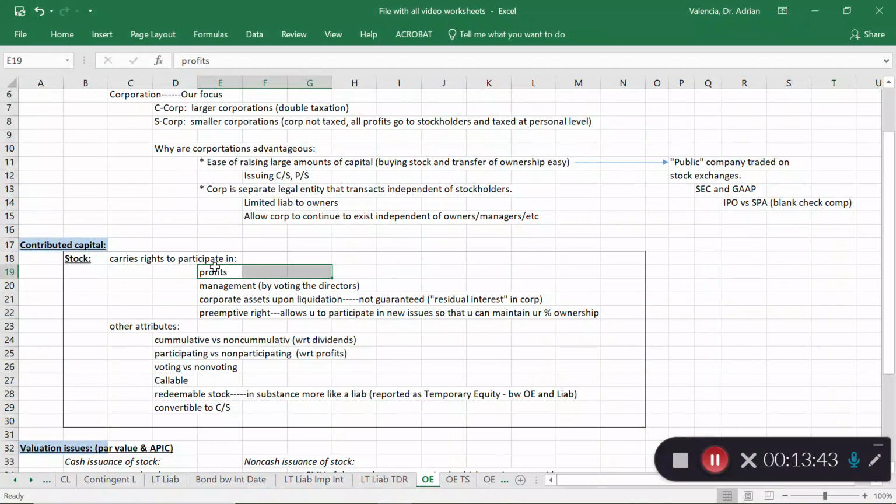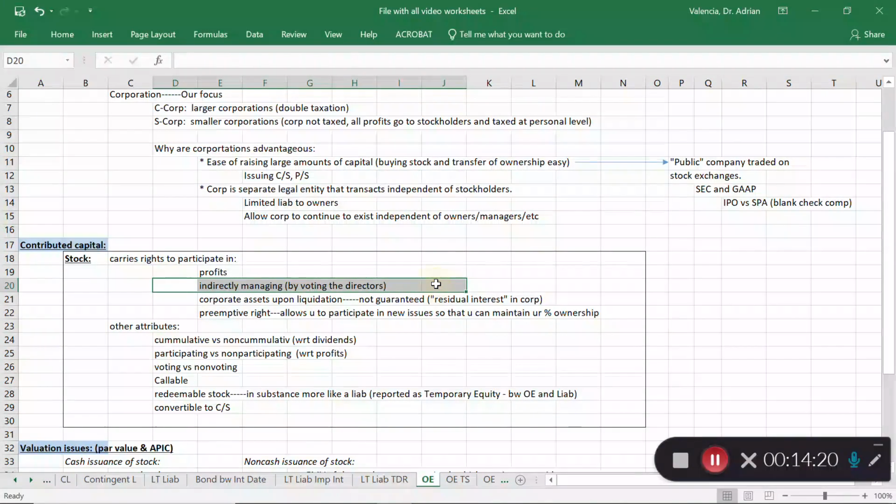The other right that comes with ownership is the right of management. But let's be very careful. This is indirectly managing the corporation. And the reason I say that is because you, as the stockholder, you're going to be voting for the directors, the board of directors. So you have control over that. And then the board of directors are going to be choosing who the managers are. So in one way, you are indirectly managing this company.